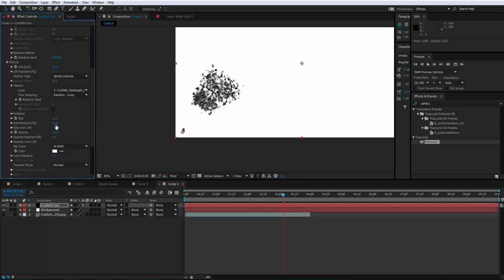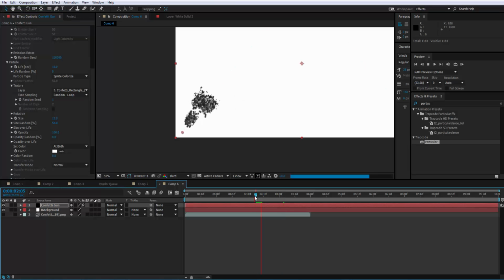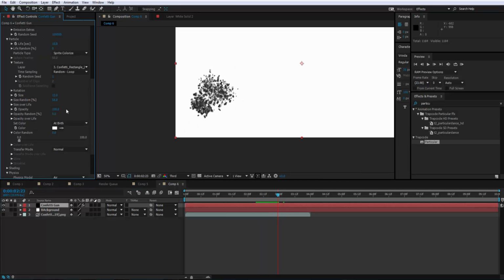So you can mess around with the size random a little bit and get that look that you're wanting to go with. I think that's going to be just fine. Okay, so we'll just play that back a little bit. Okay, so the next thing we're going to do is go to set color, and where it says at birth,